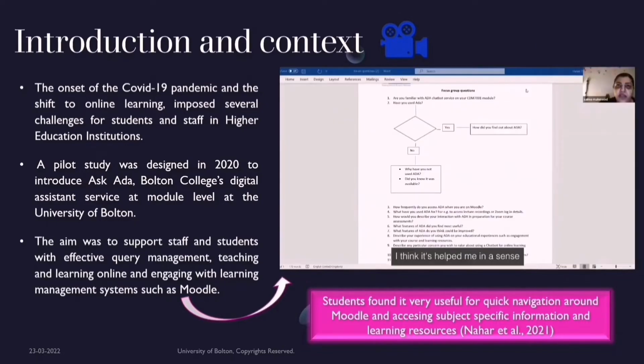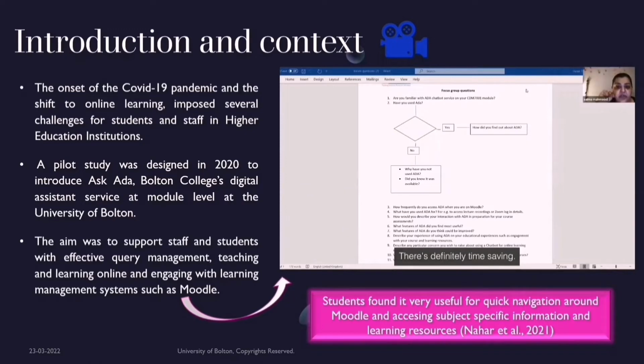I think it's helped me in a sense that I always have a window open on Moodle as I'm working, so I can just hop across. If I need anything, I've been using Ada in that sense, and I've just been going show week 16 or show week 11, and it shows it all up. What it's actually effectively done is it saved me time to scroll through and open another window, whereas I can just ask the question, it's up, and I just press one button and it's there. I think it's been time saving for me while I've been doing my assessments and my assignments.